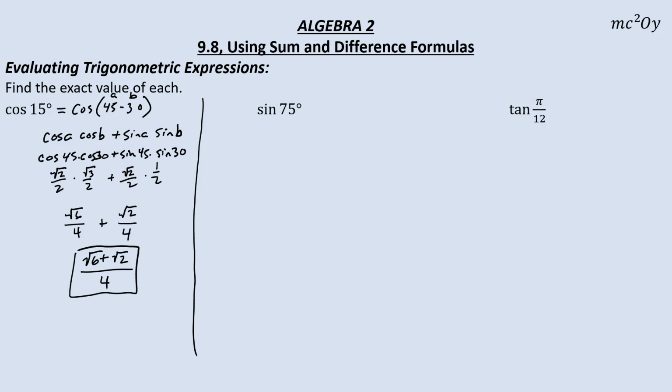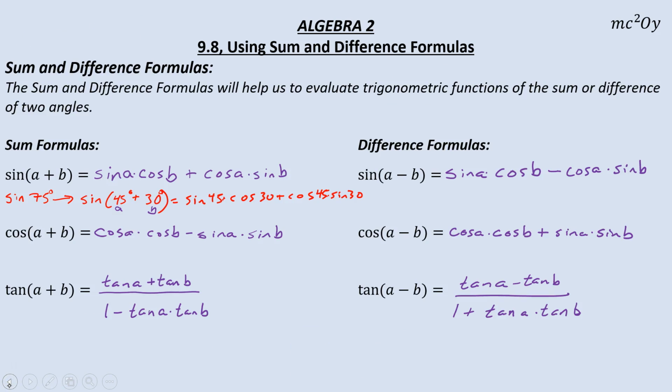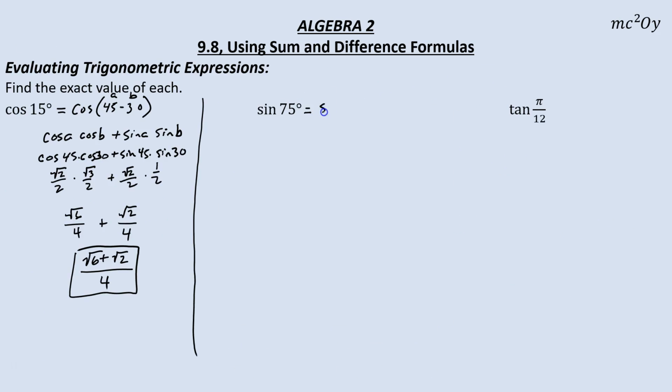Okay, so let's deal with sine 75. Sine of 75, we actually did that to begin with. That was our first one, if you remember way back. So I've got 45 and 30, so let's go ahead and use those. Sine 75 is the same thing as sine of 45 plus 30, because 45 plus 30 makes 75. That would be my A and my B. So really what I'm looking at is sine of 45 times cosine